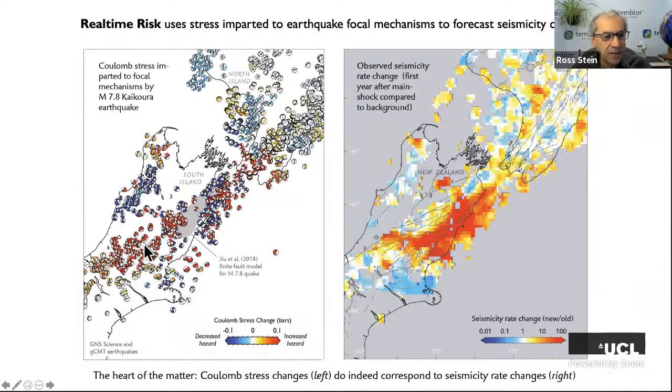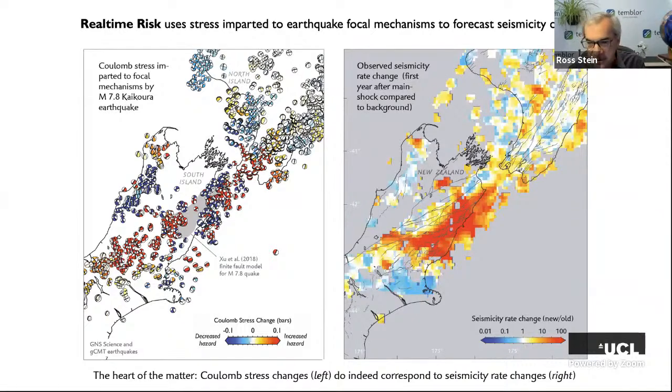We can go down here, and we see the red extends way down to the south, and we're seeing that in the data. Christchurch is turning blue. We're seeing that. So that tells us that maybe focal mechanisms are a better way to try to calculate this. Now, there's a cost. One cost is you need to have a good focal mechanism catalog, and that doesn't exist everywhere. The other cost is that you don't know which of the two nodal planes is actually the fault plane. So we take the most positively stressed plane in these maps. That means if it's blue, it really is blue. It can only be a stress decrease here, and that's when we see it correspond to a seismicity rate decrease.